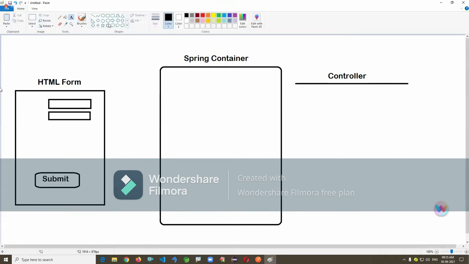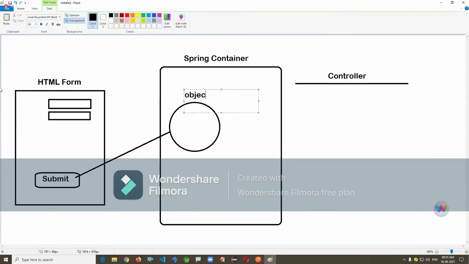When you click on the submit button, the Spring Container is converting such data into object format